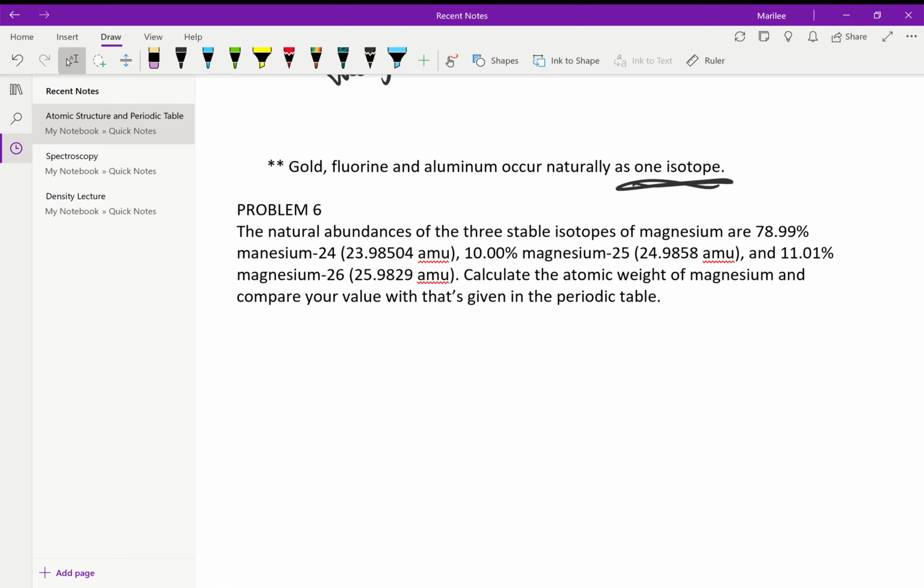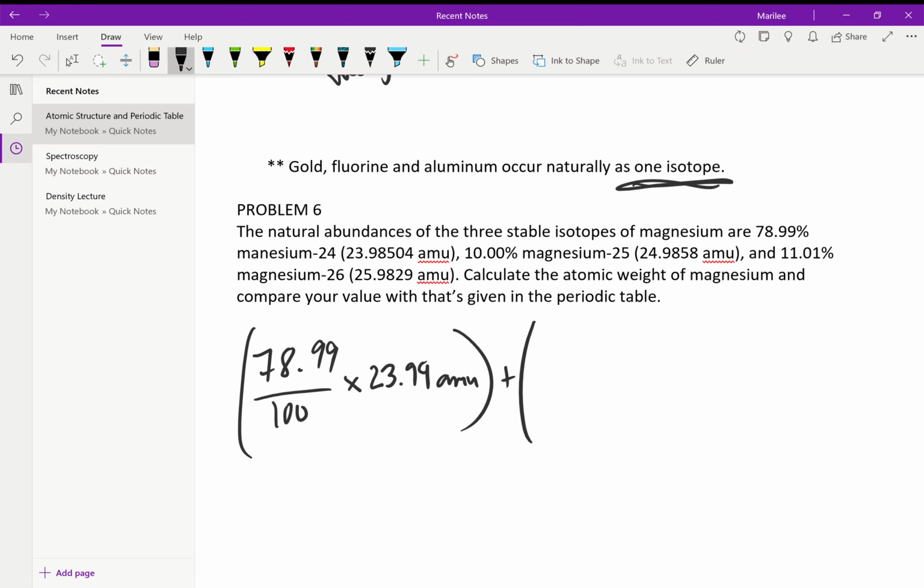Problem 6 here. The natural abundances of the 3 stable isotopes of magnesium are 78.99% magnesium 24, 10% magnesium 25, and 11.01% of magnesium 26. Calculate the atomic weight of magnesium and compare your value with that given in the periodic table. So same way, we have 78.99% times the AMU, 23.98. Let's just round it up, 23.99 AMU,